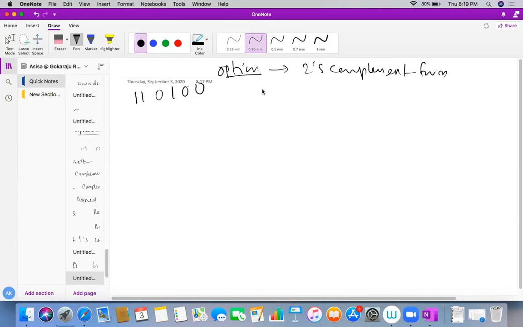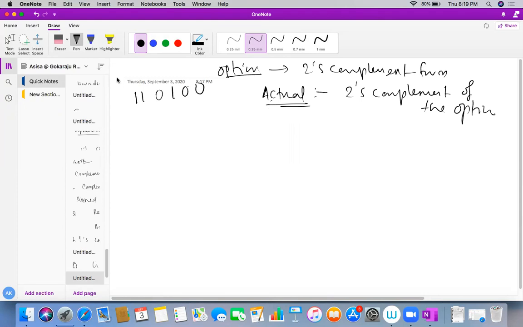Okay, so in order to find out the actual binary, what you need to do from the options, you have to take the 2s complement of the options. Am I correct? 2s complement of the options, then we can get the actual binary of the options. Am I all correct, students? Any doubt? Somebody has written the answer, we'll see. Option D somebody has given, we'll see whether it's correct or not.